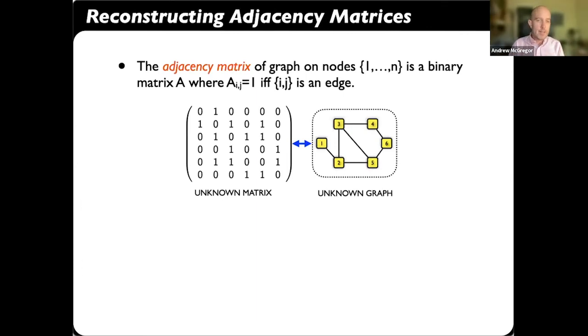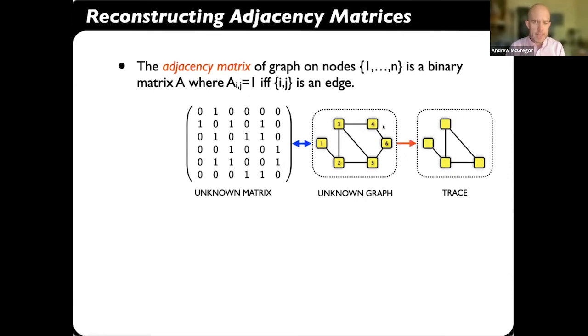So for the unknown graph, we can associate this binary matrix. And then when we do a trace, with every node being deleted with some probability, in this case these two nodes were deleted, that corresponds to the one labeled 4 and the one labeled 6 being deleted. So if we delete the 4th row and the 6th row and the 4th column and the 6th column, we get what we'll call a matrix trace. Basically, it's a random principal submatrix, called principal just because we're doing symmetric column and row deletions.